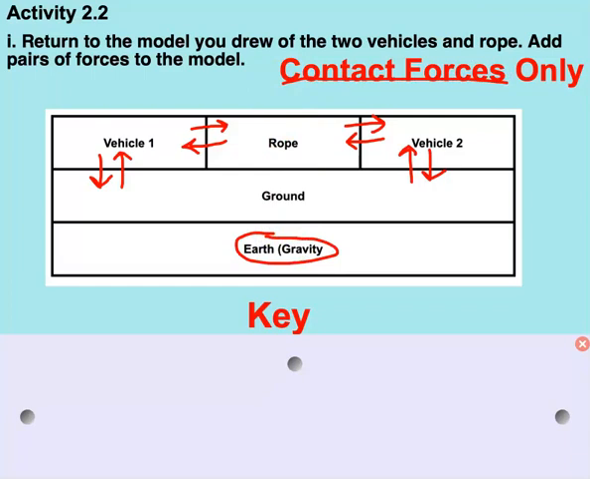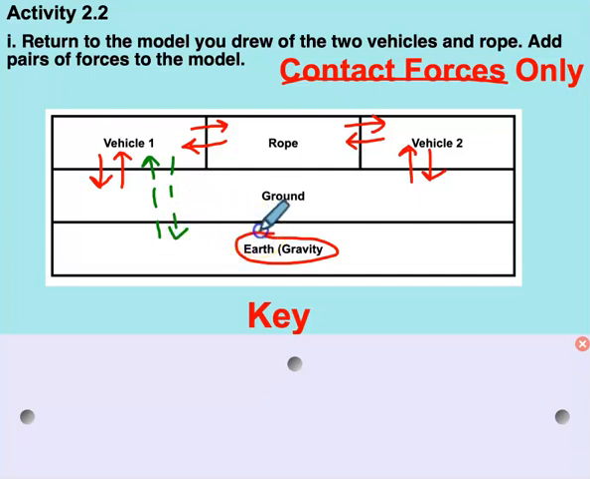What would the non-contact forces be? It would be gravity. And I'm going to show you these. You don't have to have them on your paper, but you can add them if you want. These are actually represented by dashed arrows. So vehicle 1 is actually pulling up on the earth, and the earth is actually pulling down